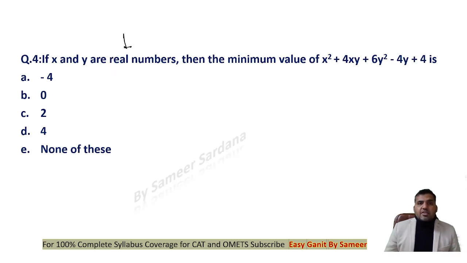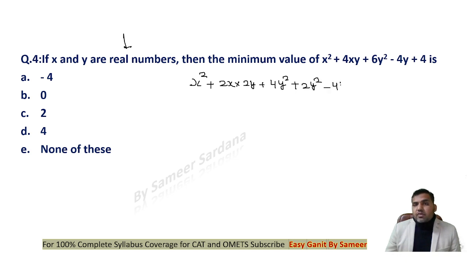This is again an amazing question of maxima and minima. x and y are real numbers, and what is the minimum value of this expression? Look at it, guys. 2xy, 2x into y, can be written as 2x into 2y. Now to make it a perfect square, I need to break 6y square into two parts, 4y square and 2y square. Minus 4y plus 4,